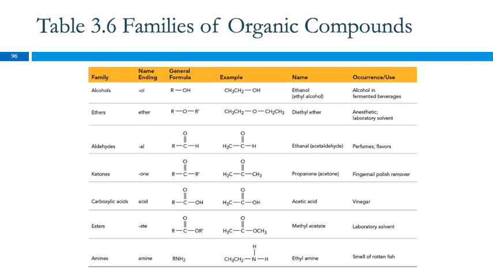So there's alcohols. The alcohol family has this OH functional group. Ether is characterized by an oxygen between two hydrocarbons. Aldehydes, there's a double bond with an oxygen. And ketones also, but one has a hydrogen on the carbon and one doesn't. Carboxylic acids